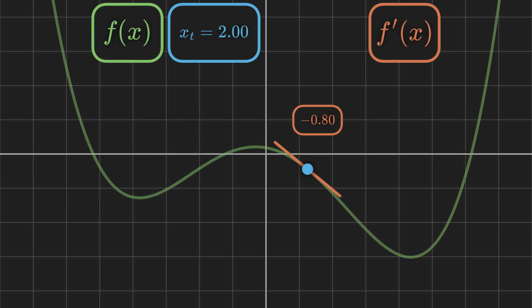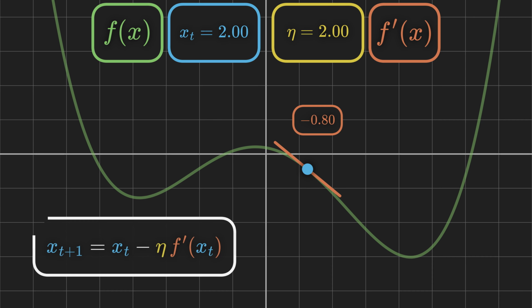If we want to move closer to the lowest point of the function, we first introduce a new parameter called a learning rate, just like with the perceptron. With it, we can apply a simple update rule. Starting from this current value of x, we subtract the derivative, scaled by this learning rate, which controls the size of each step. It is essential that we subtract this derivative, as if we didn't, we would go up and not down. In effect, this expression moves us downhill towards smaller function values, and repeating this process gradually brings us closer to the minimum.